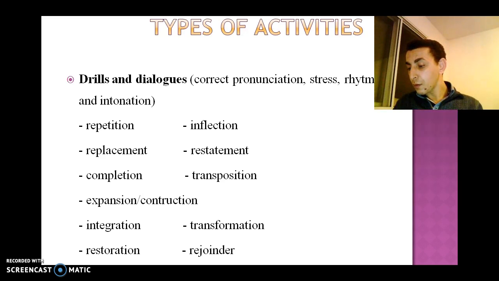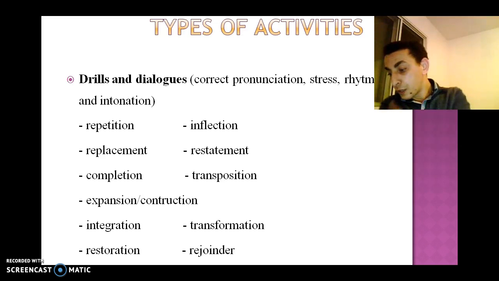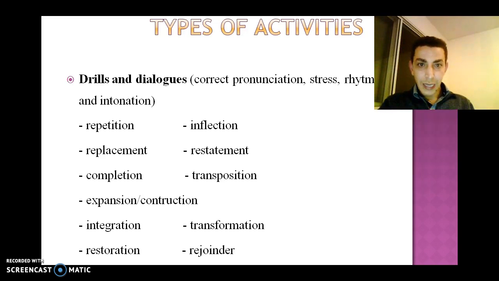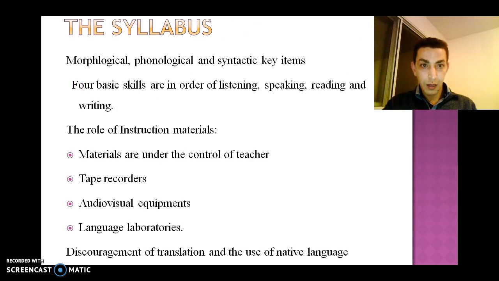For example, drills when we use the same terms, but with different verbs, the same language form, or different words. So, just another example of transformation drill. It's, for example, when you say they are going to the bank. Are they going to the bank? So it's kind of transformation from positive to negative. So these are just examples of the main activities that we use in audiolingual method,